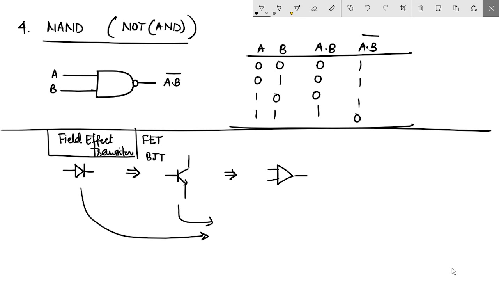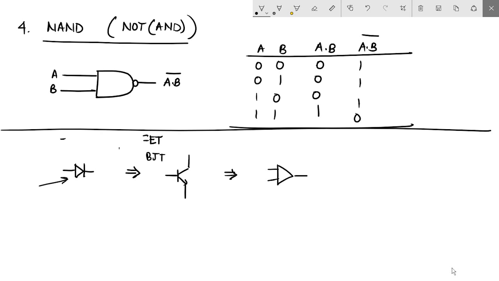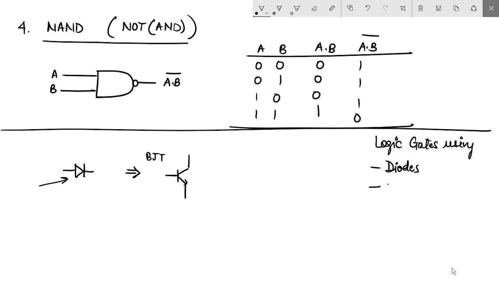Okay, which uses CMOS technology. It's a different technology than the transistor technology. So, of course, these logic gates, inside them, there's nothing other than these kinds of devices like BJT or FETs. But for this course, I would request you that you should know how to make logic gates using at least diodes and some basic gates using transistors. Okay, not all, and not using FET, but at least using BJT, how one can make logic gates, that you should be aware. So it's an application of BJTs as well, making these logic gates.